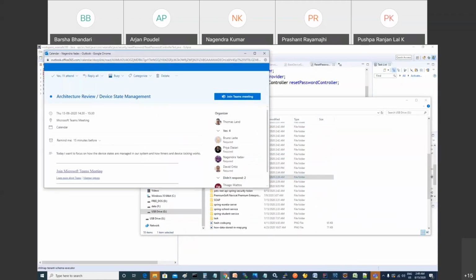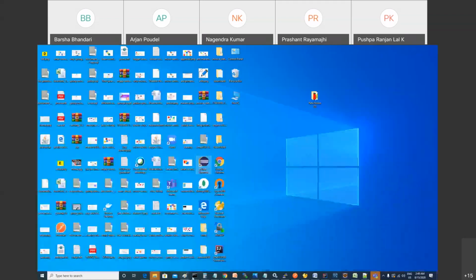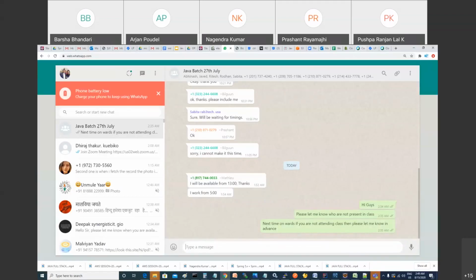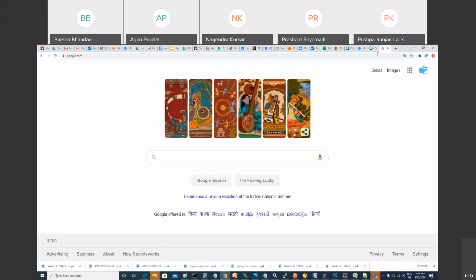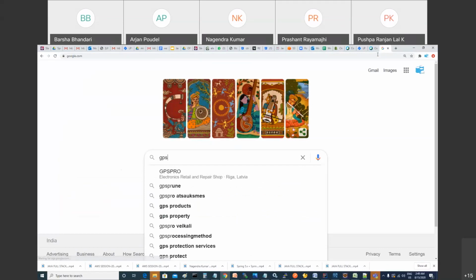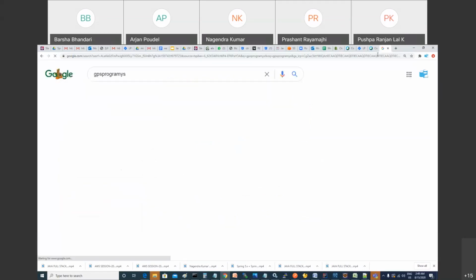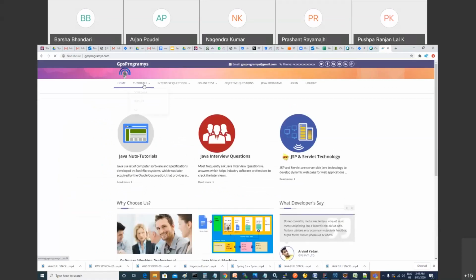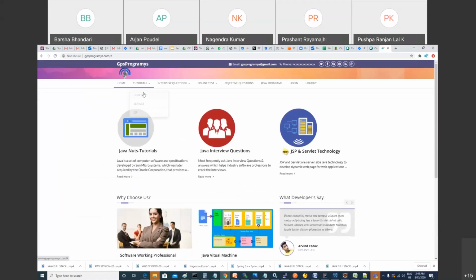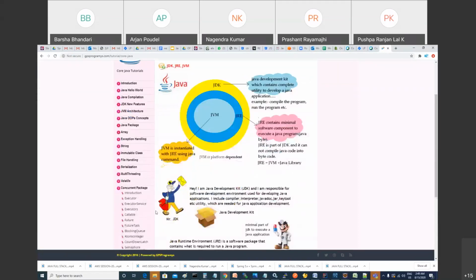Let me show you if I can get something. Actually, generics allows type safety. I need to tell you what is the meaning of it.